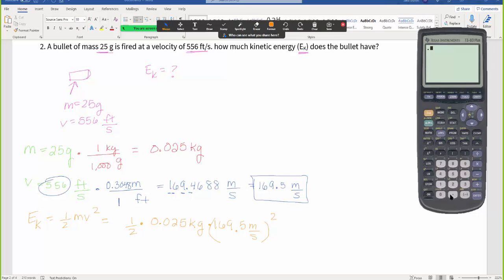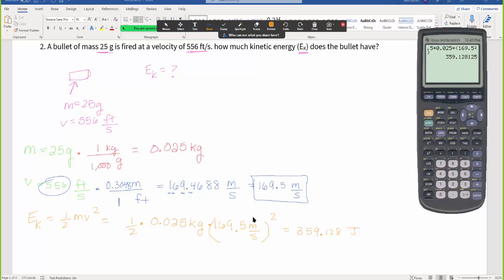So we get 0.5 times 0.025 times, and now I'm going to do parentheses because this part has to be squared, 169.5 squared. And we get 359.128